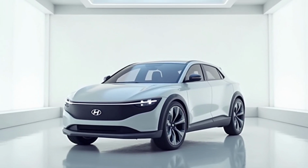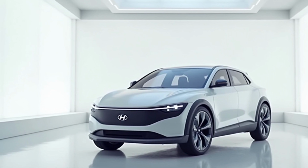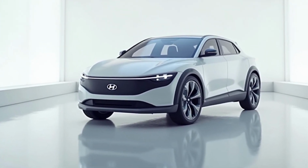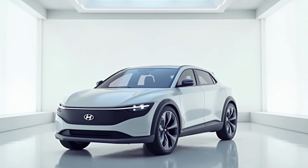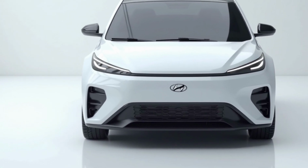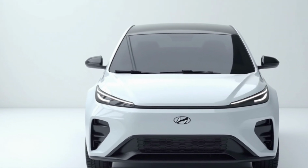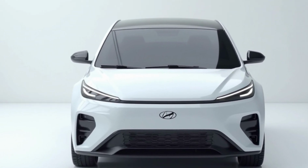Given the advanced features and larger capacity of the Super Aero City, it is anticipated to be positioned at a higher price point. For precise pricing and availability, potential buyers are encouraged to contact local Hyundai commercial vehicle dealerships or visit Hyundai's official website. In summary, the 2025 Hyundai Super Aero City stands out as a robust and reliable solution